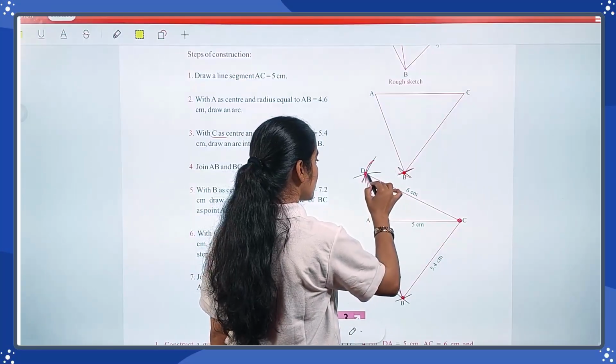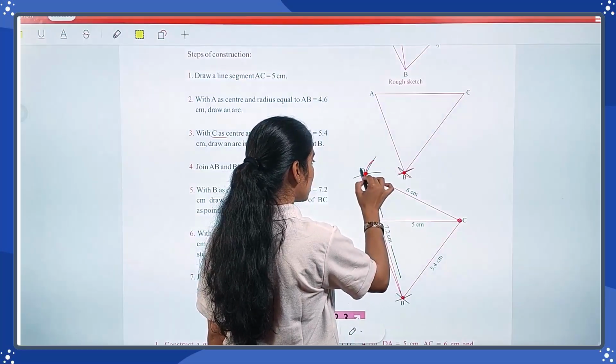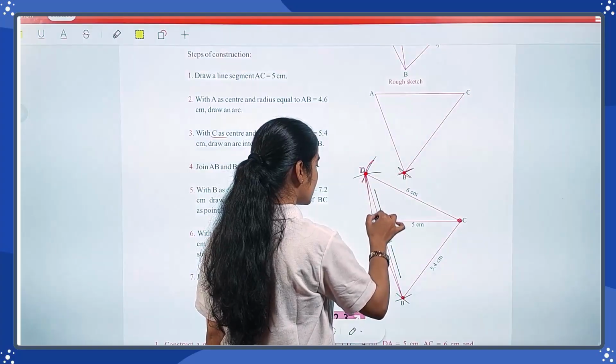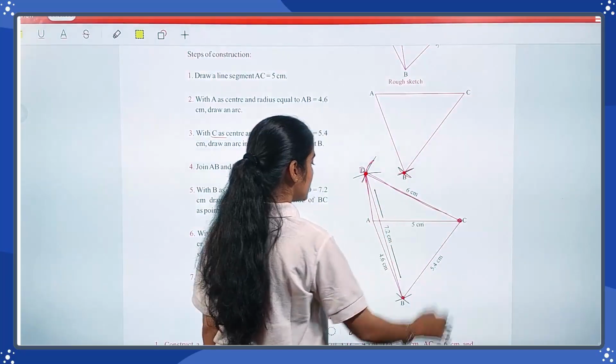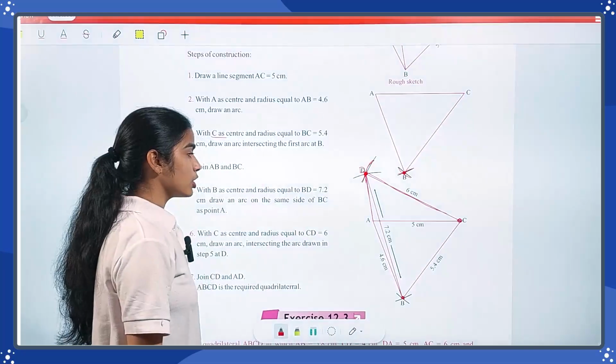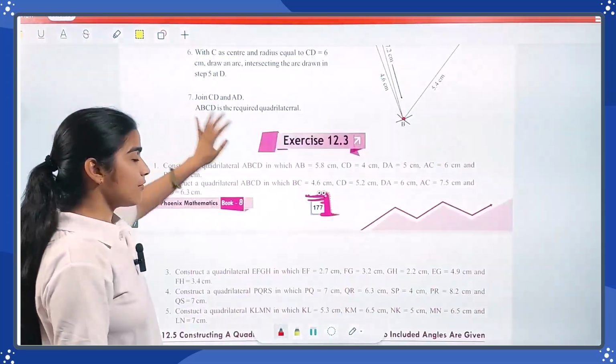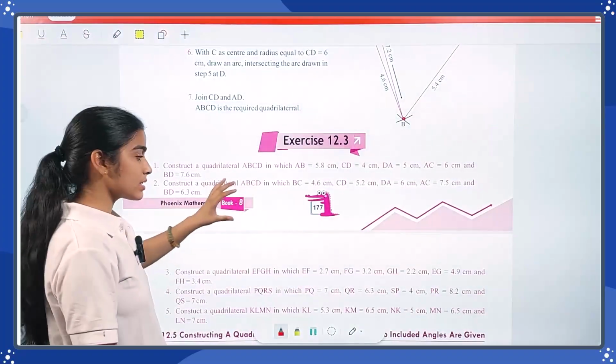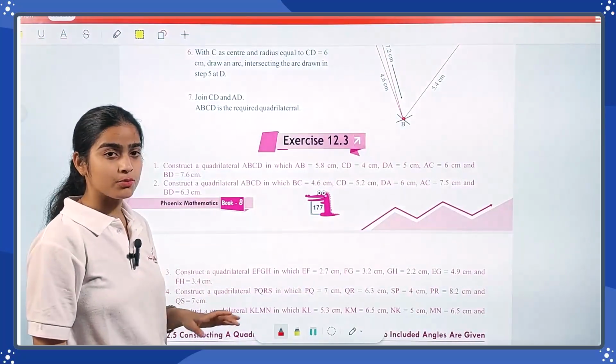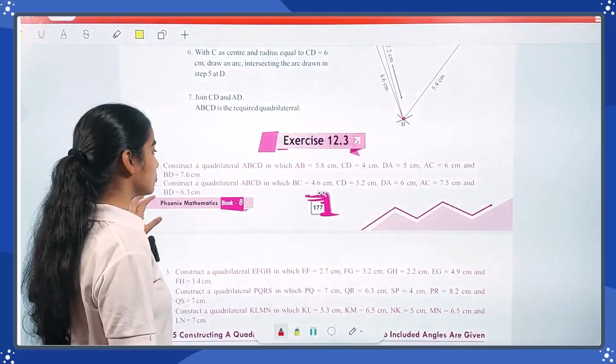Where these two points, these two arcs, are intersecting, label it D and just connect DA and DC together, and this is your required quadrilateral. Again, one example and you have your exercise. It means in this exercise you have to repeat your example method to solve these